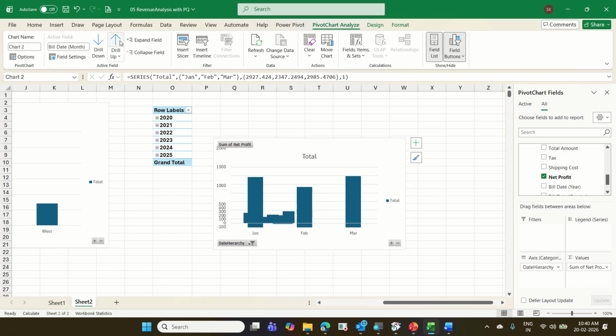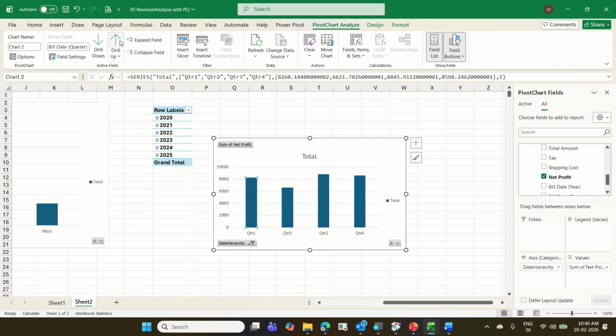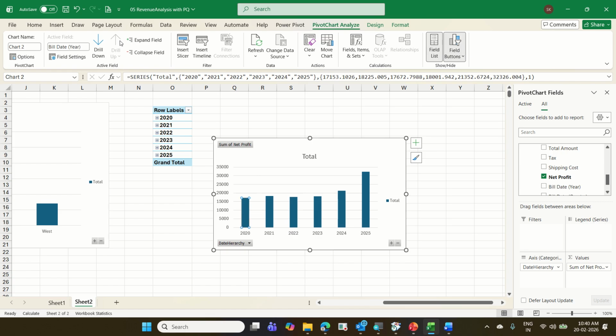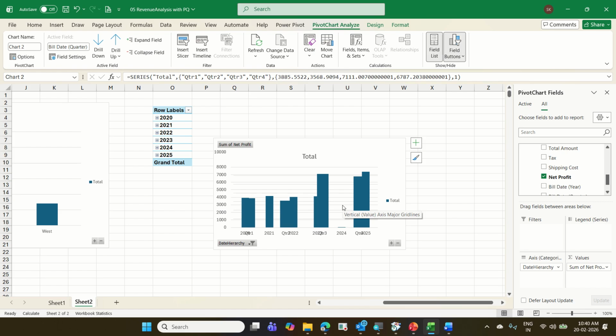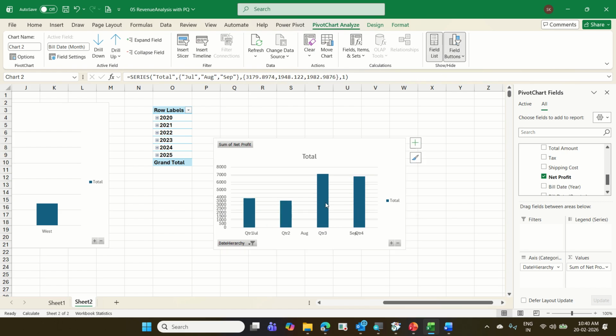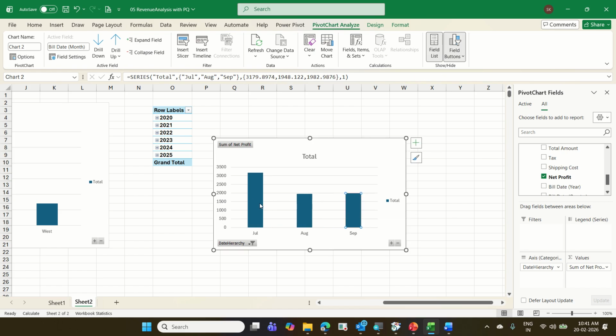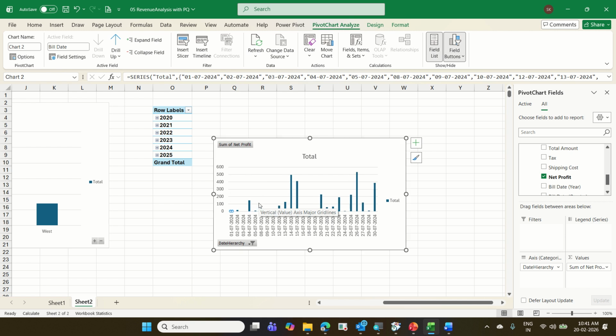Drill up, drill up, drill up. Simple. So same thing, 2024, double click, quarter wise. Double click on quarter 3, month wise. Double click on month, day wise. So one